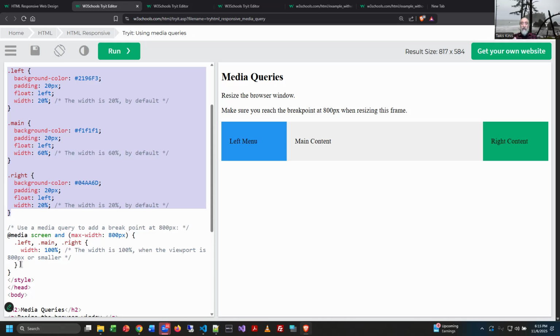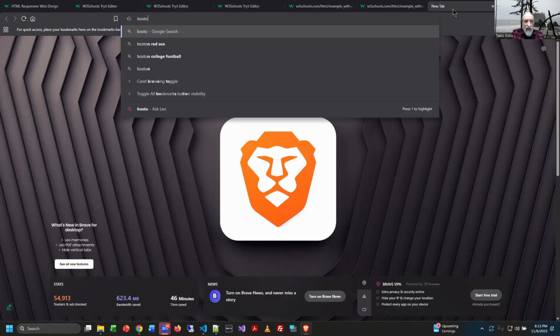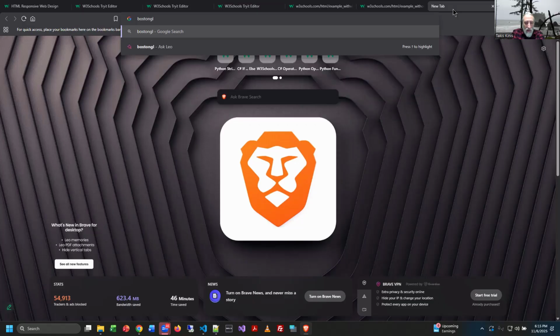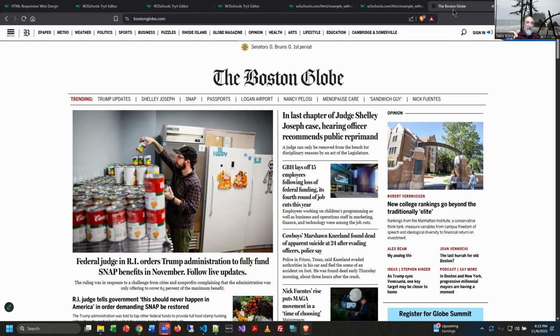Better designers will do three. They'll do one for wide screens, one for intermediate size screens, and then one for small screens. Now, one thing I often do when I'm teaching media queries is I take my students to this website, which is the Boston Globe newspaper, right? The reason I like to use this one as an example, and put this in your head too,